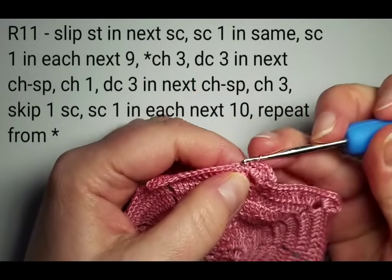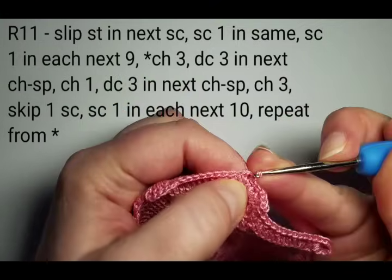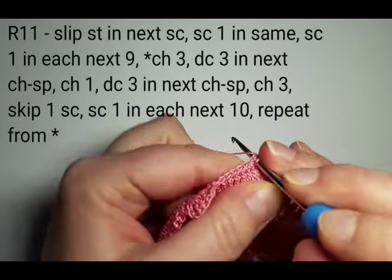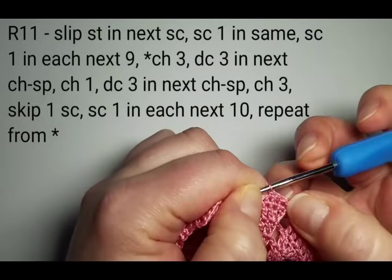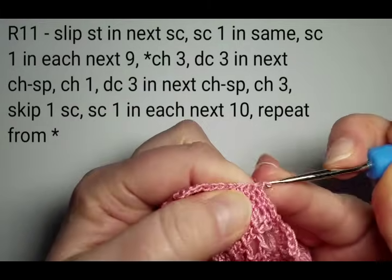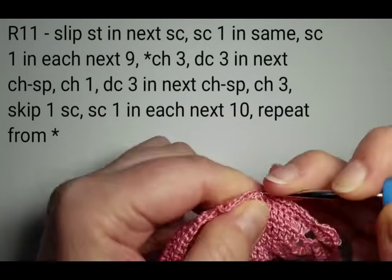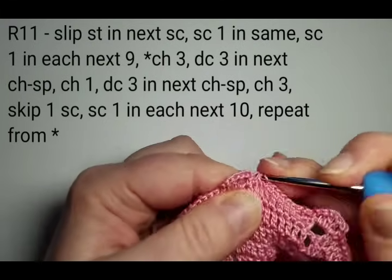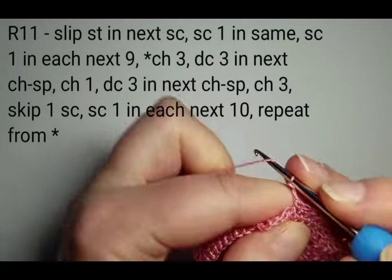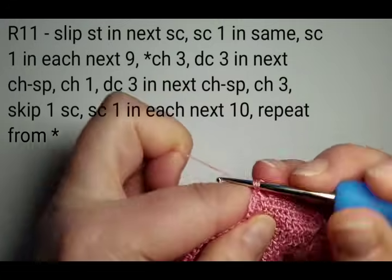Round 11, slip stitch into the next and single stitch into the same. And then single stitch 9 more. So you have a total of 10. So I have 1, 2, 3, 4, 5, 6, 7, 8, 9, 10 single stitches, then chain 3, double crochet 3 times into the 2 chain space,